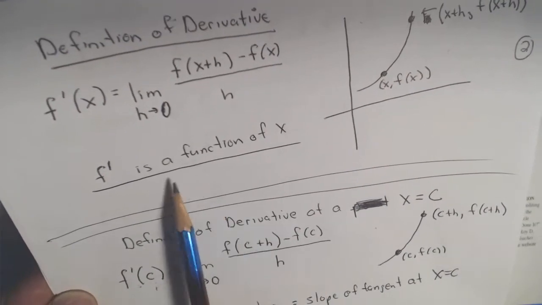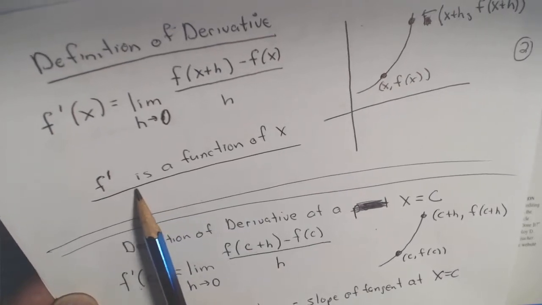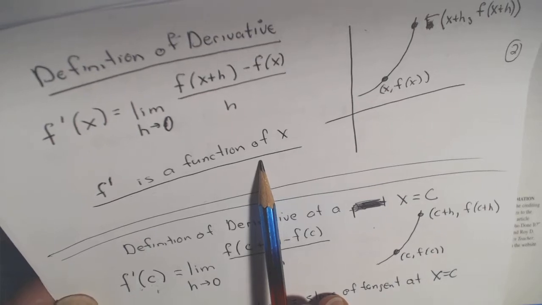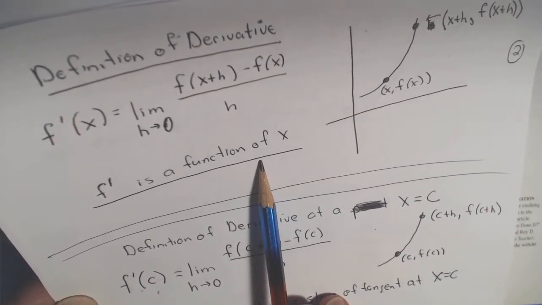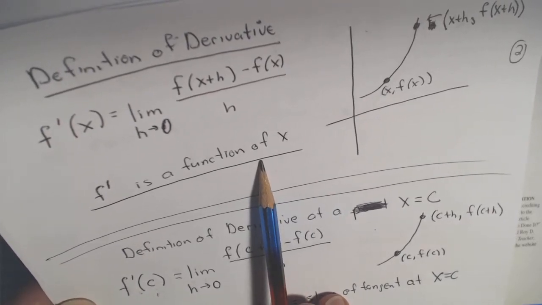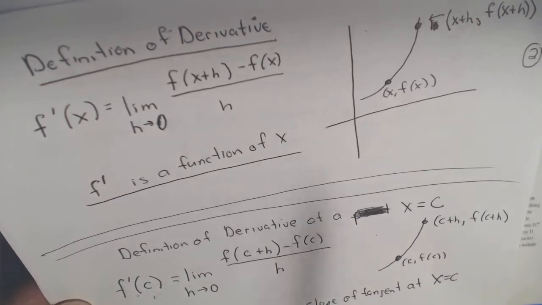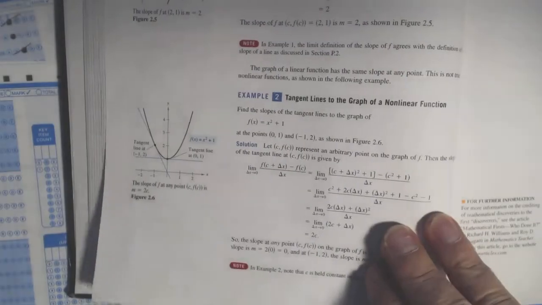Okay, the important thing about this one is that f prime of x is a function of x. You're going to get an answer typically that has x's in it. The derivative of x cubed is 3x squared. The derivative of sine x is cos x. Okay, so our first example of that one,